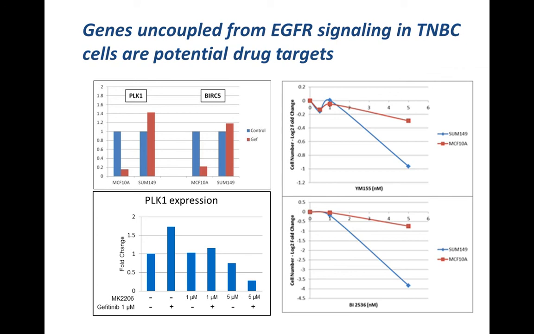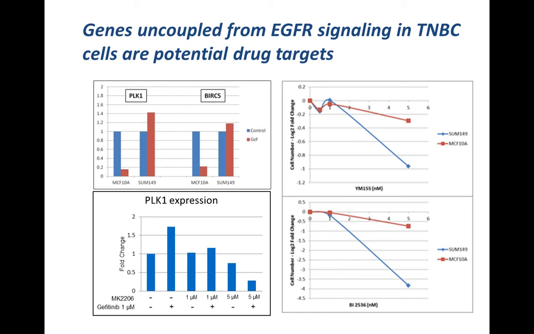And the same exact thing is true for this gene called BRCA5, which is otherwise known as survivin, a very well-known cancer gene. You give them drug, levels go down, the cells die. SUM149 say, no, we'll actually make a little more. We're fine. You can keep the drug around all you like. And so we really think that this uncoupling of the expression of these survival genes is a big reason why gefitinib doesn't work as a drug very well.